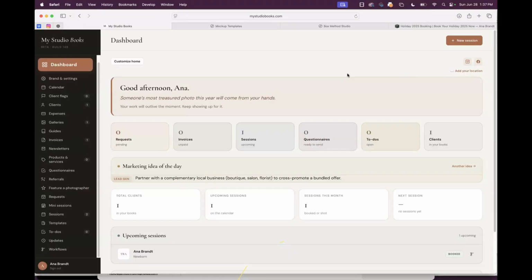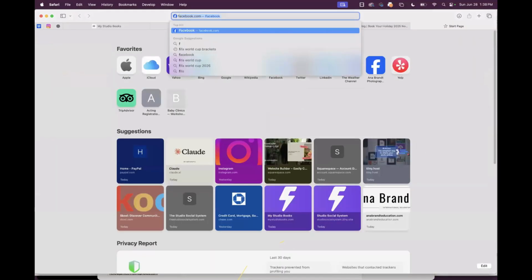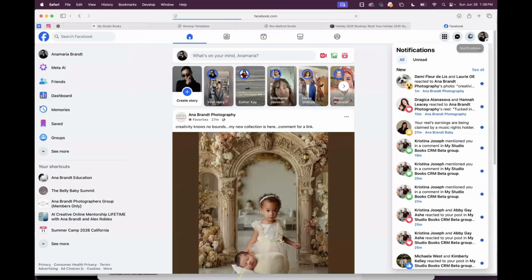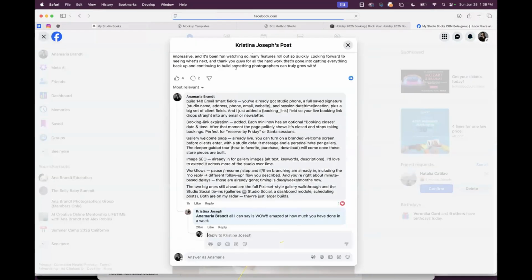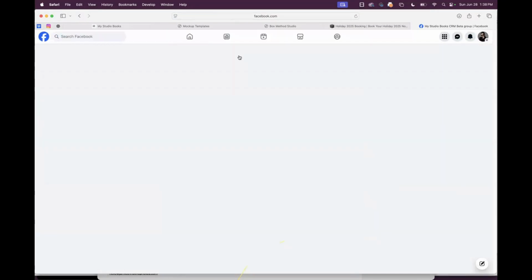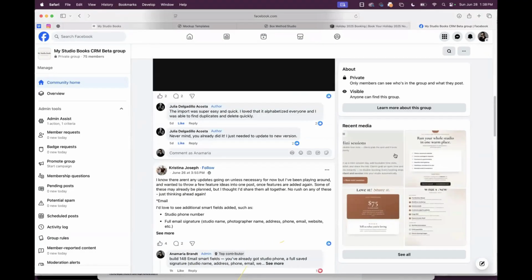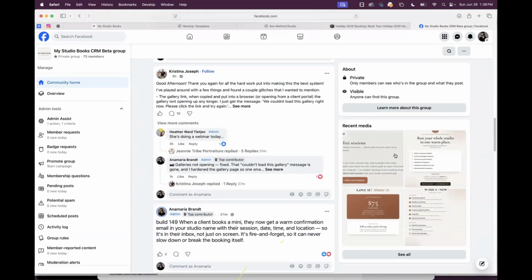So people keep joining every day, and Heather and I keep kicking people out that have not bought it. And we're going to continue doing it. It's a huge pain in the neck, but I'm seeing it with other groups as well. I'm seeing it with Studio Social. We do have Facebook groups for all of these programs, which are very important because people can leave feedback. But if you haven't bought it yet, we're going to kick you out, because there's no point being in this group if you haven't bought something.